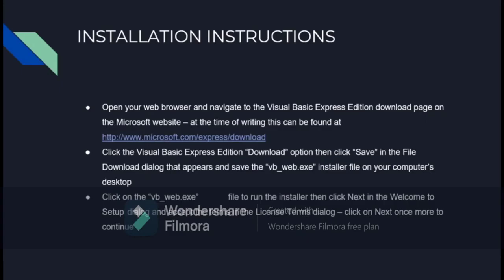Click the Visual Basic Express Edition download option, and then click Save in the file download dialog that appears, and save the vbweb.exe installer file on your computer's desktop. Click on the vbweb.exe file, run the installer, then click Next in the Welcome Setup dialog and accept the terms in the license terms dialog. Click on Next once more to continue.